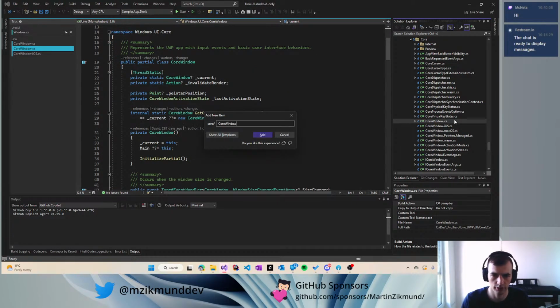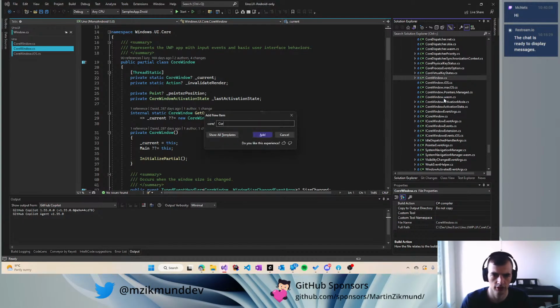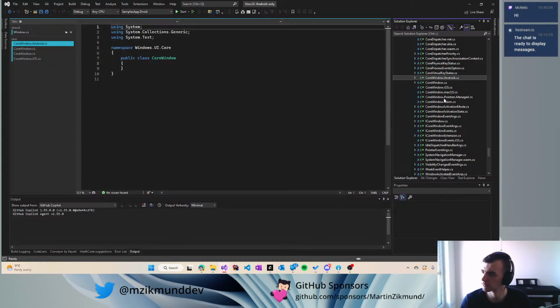CoreWindow.Android. And I'm not sure about the casing. What are we using here? Yeah, I think uppercase. CoreWindow.Android. Okay,